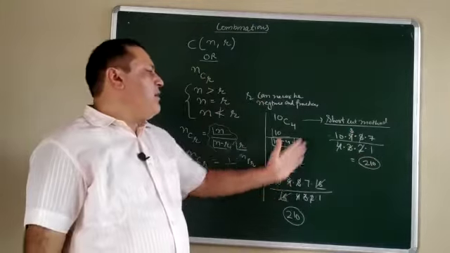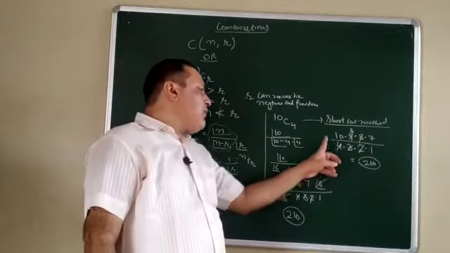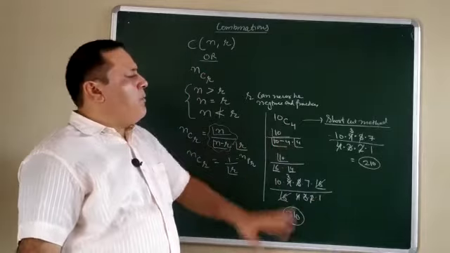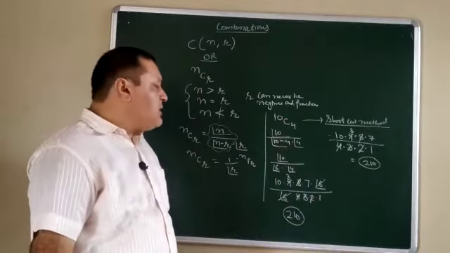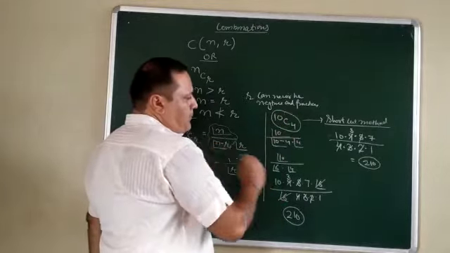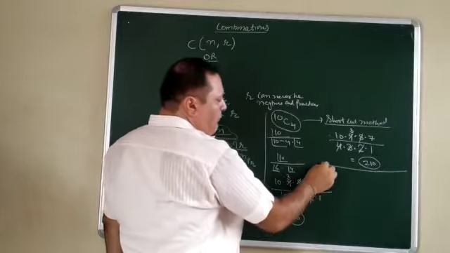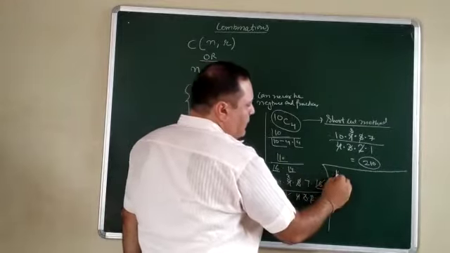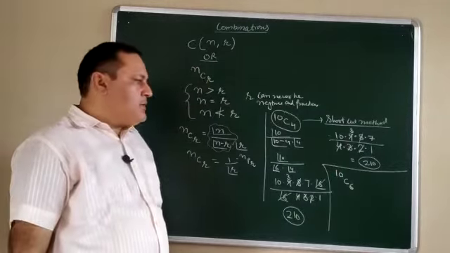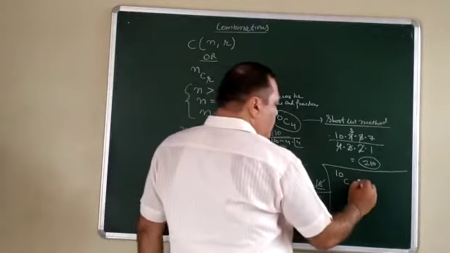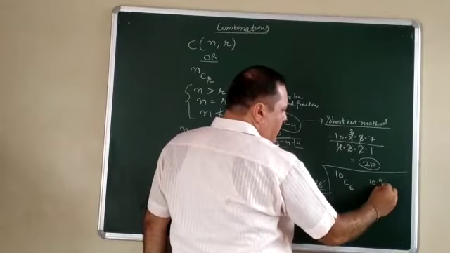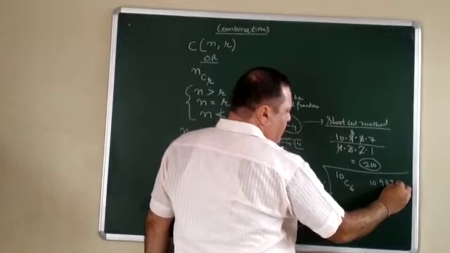So you can simplify by either method, but I always prefer this method because it will save your time. So this is a way to open a combination. Now see this one, we found the value of 10C4. Now I find one more value, 10C6. After getting 10C6, now simplify. It is equal to what? Again in the same manner, it is 10, 9, 8, 7, 6, 5.